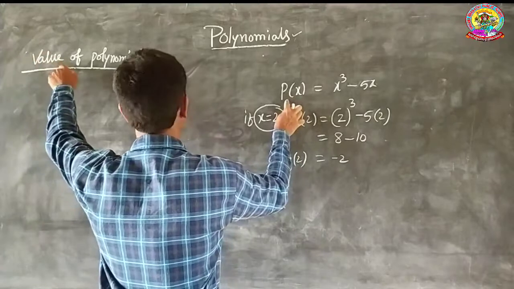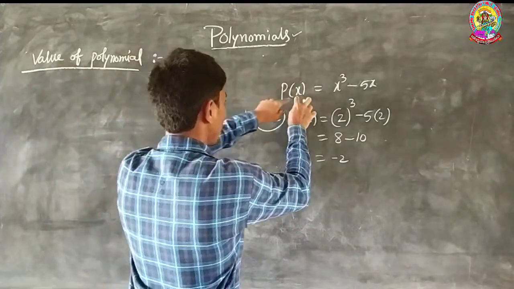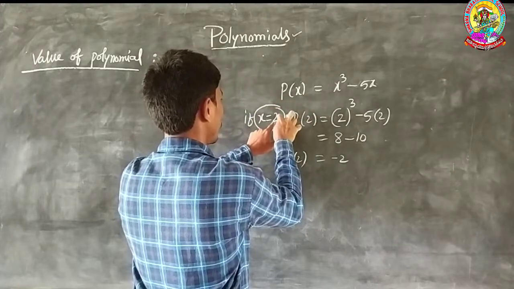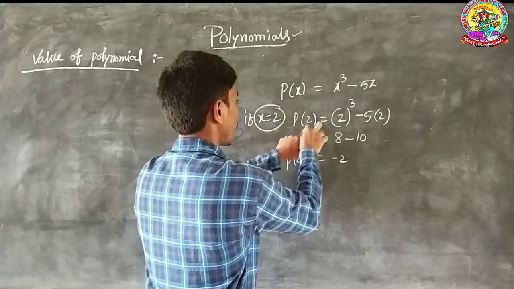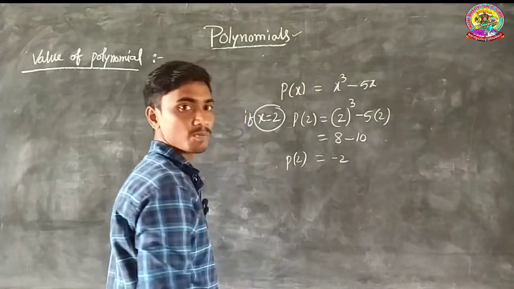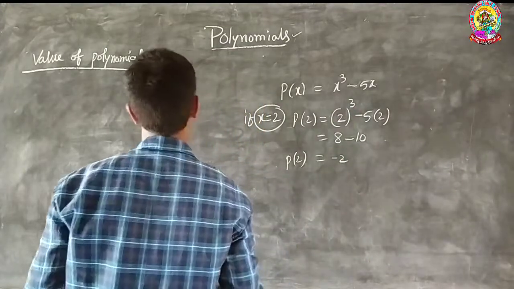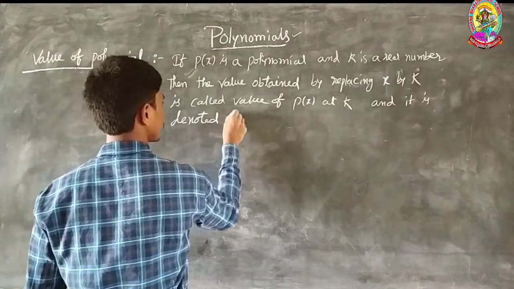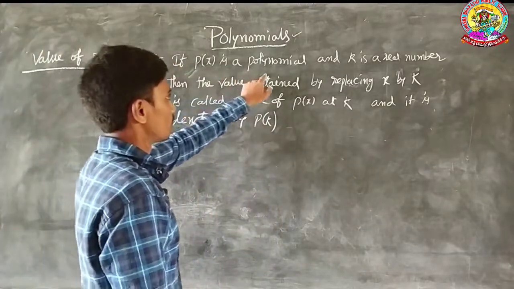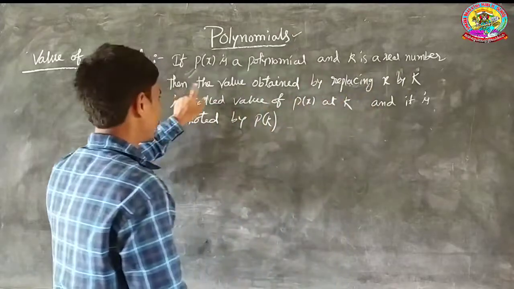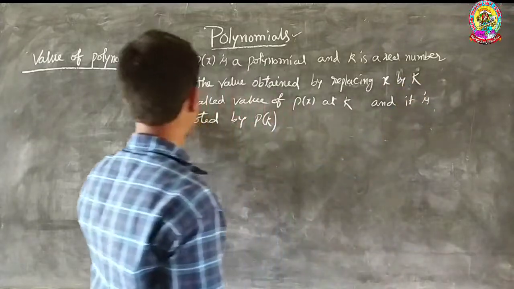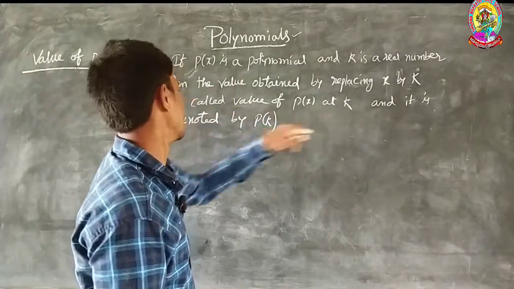Value of a polynomial means, if p of x is a polynomial and 2 is a real number, if you place 2 instead of x, the polynomial gets a value. That value is called the value of that polynomial. In general, the statement is: if p of x is a polynomial and k is a real number, then the value obtained by replacing x by k is called the value of p of x at k,